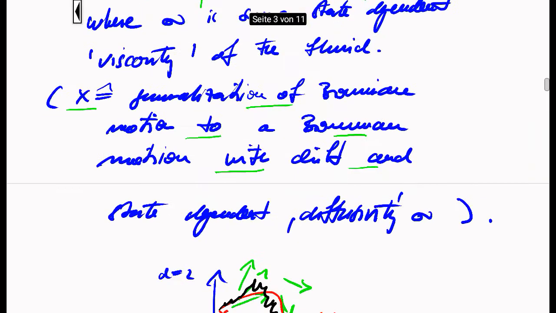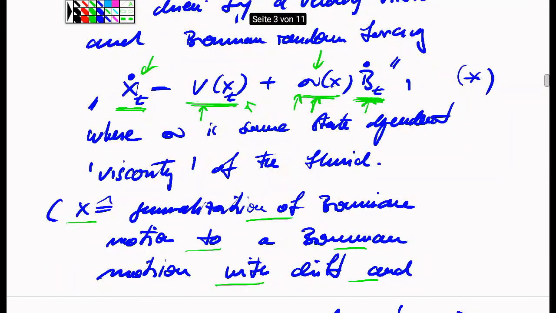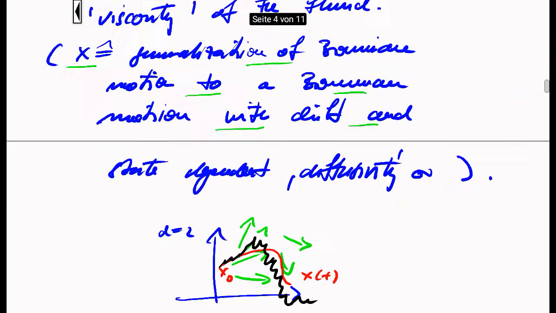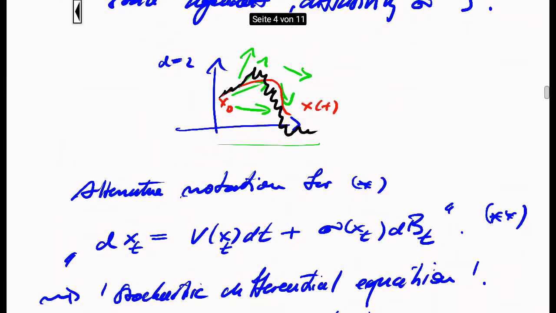So this equation, which comes with a star, is of course formal, that's why we put it in quotation marks, and it is an instance of what we describe as a stochastic differential equation. And instead of writing the whole thing with this dot notation for derivatives, in stochastic differential equation theory, we